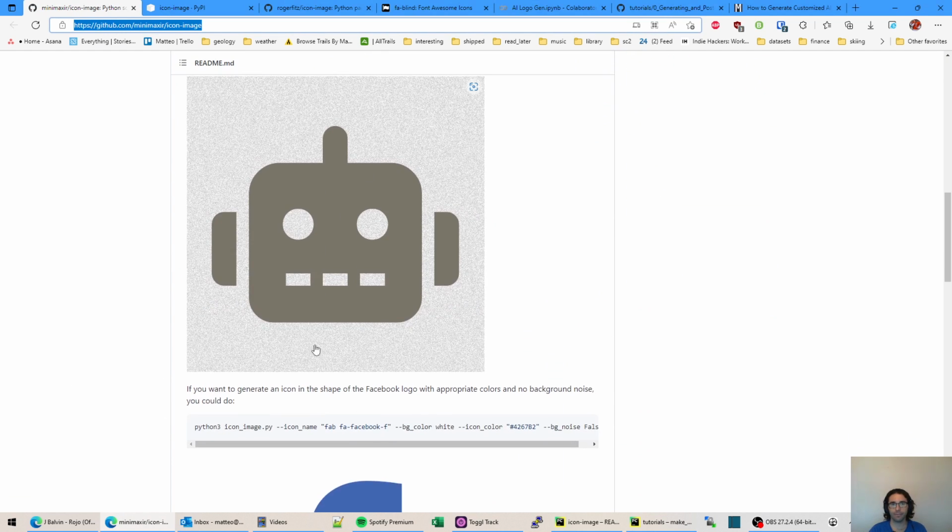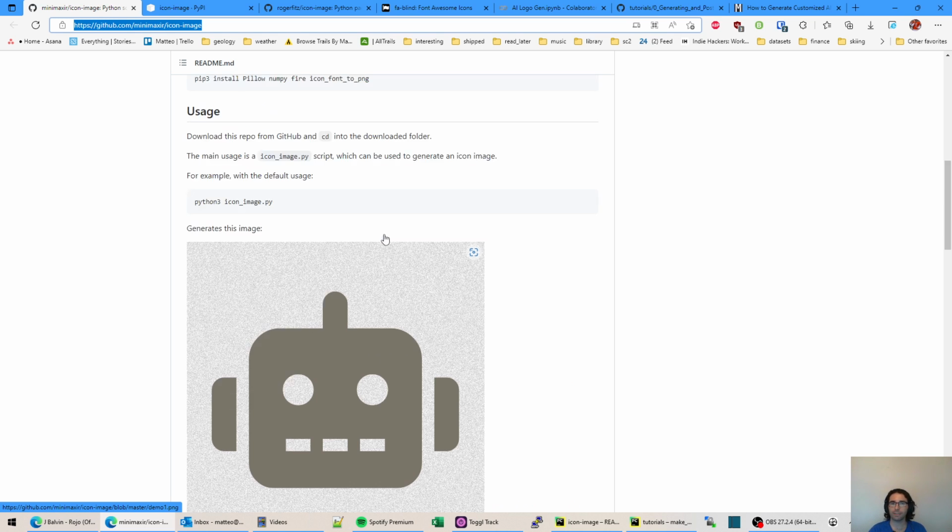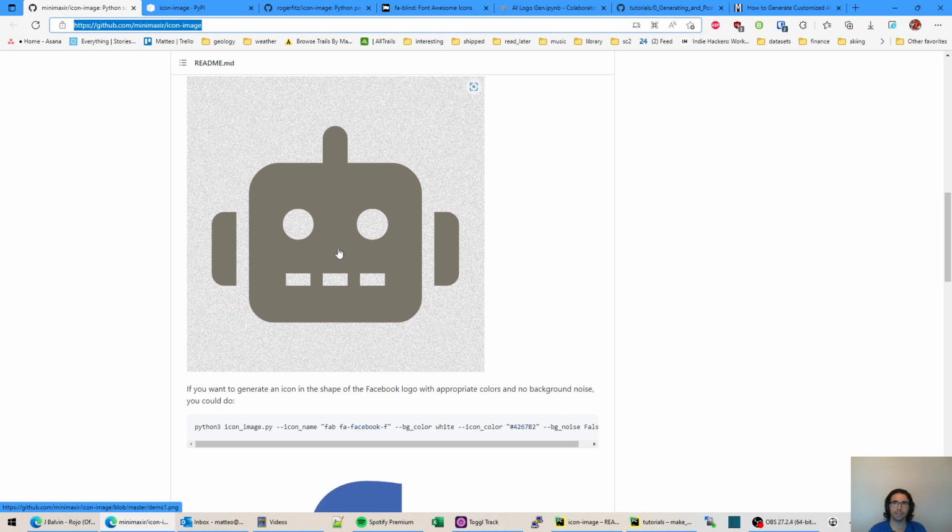And as I was doing that AI logo gen tutorial last week, there was this interesting package called icon image that helps you seed, helps you teach the computer what should be in the resulting image. And if you do that, you can sort of help control the composition. And then the AI component will try to fill in the blanks. So it's really kind of cool to be able to generate these and say, hey, I want to make a